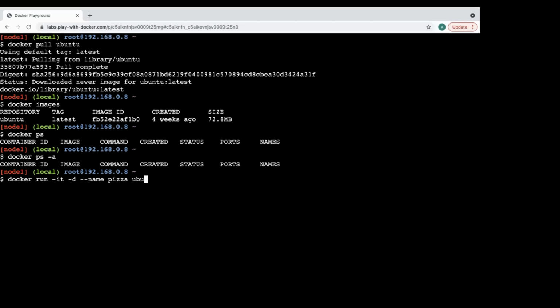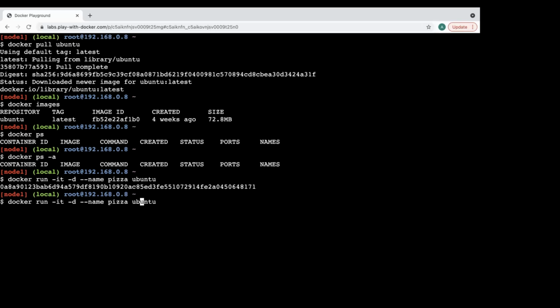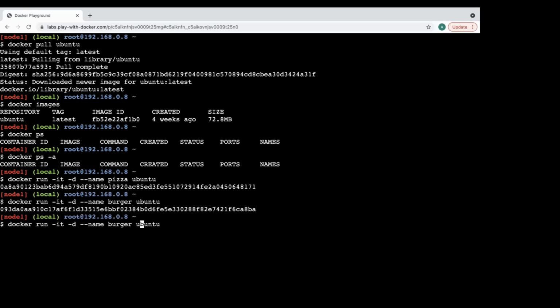Since we have used -d, it will not take you to the prompt, but the container gets created. Now repeat the same command, only change the name pizza to burger. And the last one, maybe make it hotdog. So now we have three containers running from the same image.